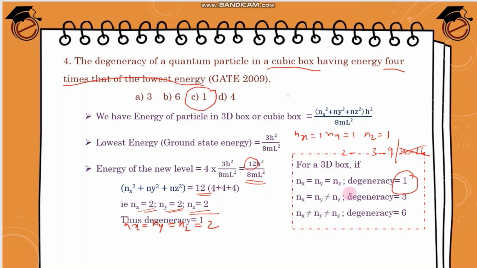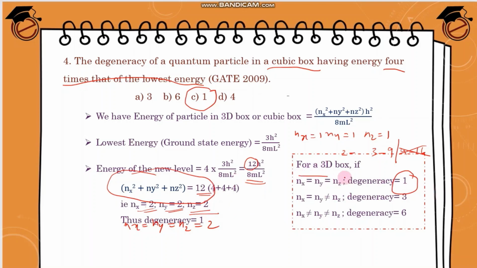So questions 2, 3, 4 are exactly the same question, and you will get 2 marks out of this, and it's very simple to do. You just have to arrange this value, nx square plus ny square plus nz square. That is the only work you have to do. Remaining thing you can do like this.